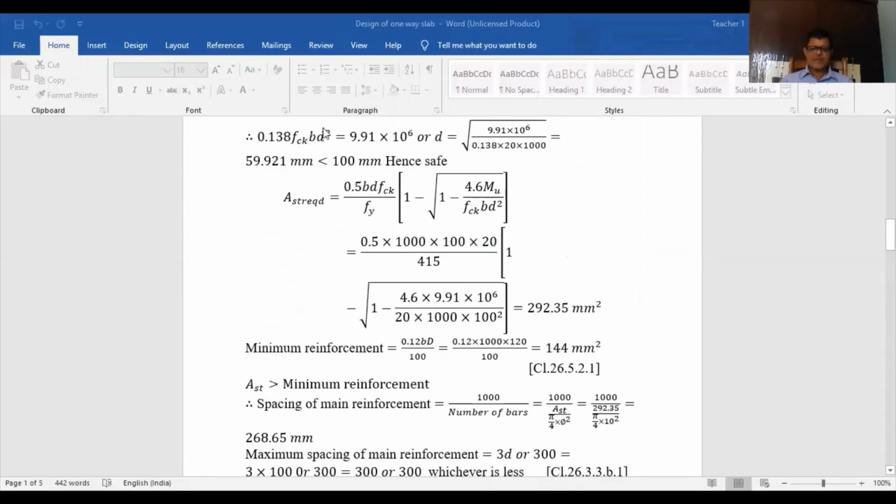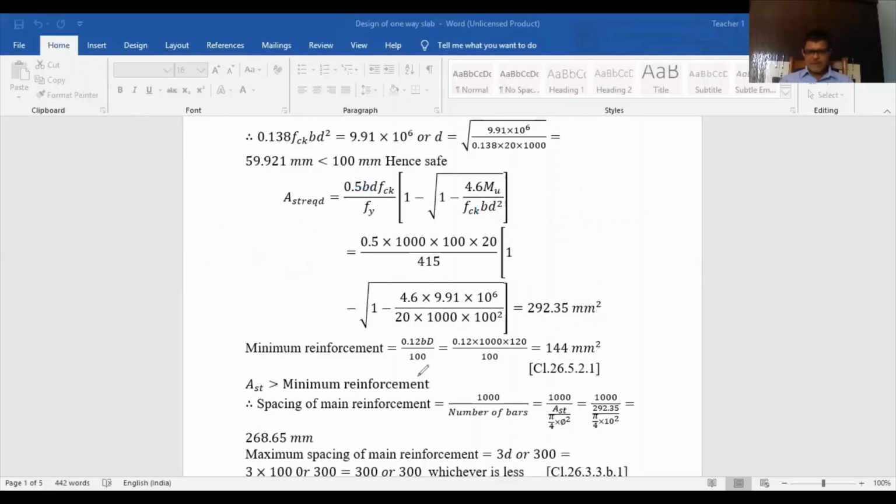Okay. You find the b value is coming 1000. It is the same as the beam problem, same thing as in the beam. But this b value here is 1 meter, 1 meter width of the slab. So width is equal to 1000. Everywhere the width is provided as 1000. And the steel that you will find here, the reinforcement, will be provided in 1 meter width. The number of bars required in 1 meter width will be calculated. So everything is provided in 1 meter width of this slab.